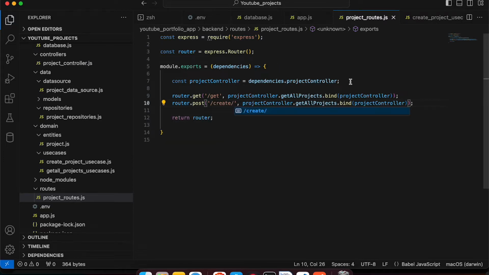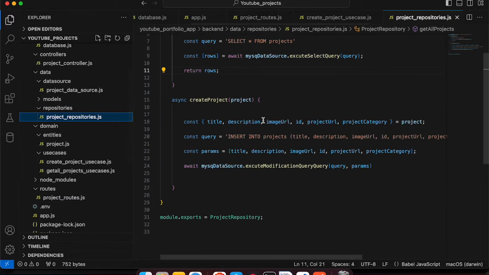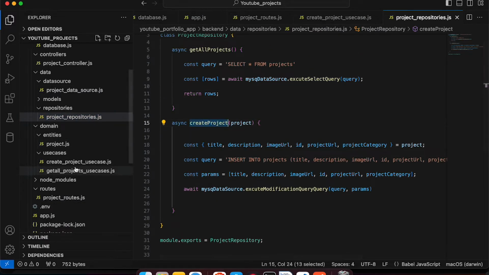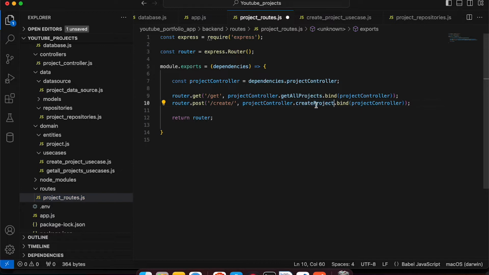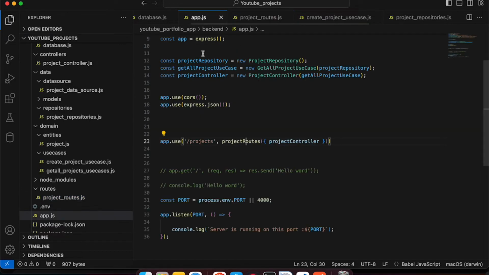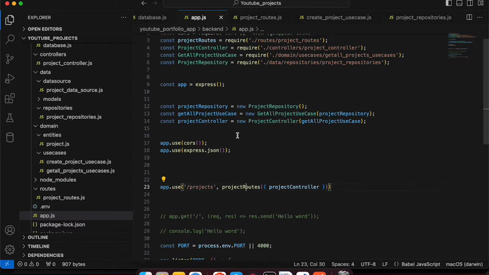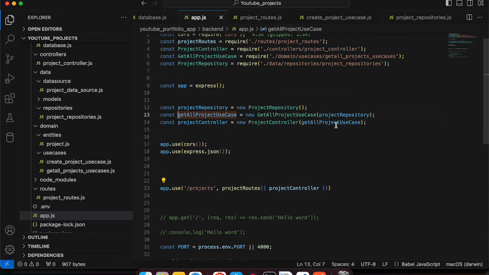Okay, and for the rest of the thing, we have to call our second use case, that is create project, which we defined inside our controller. We can use it from there. Fine, create project. And we have to do one more change: inside our app.js we have only this use case, the get all project use case. We have to also add our another use case, that is